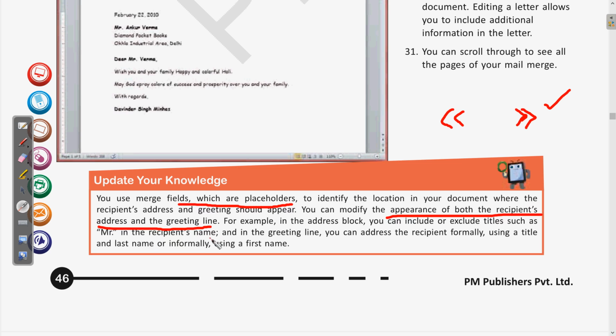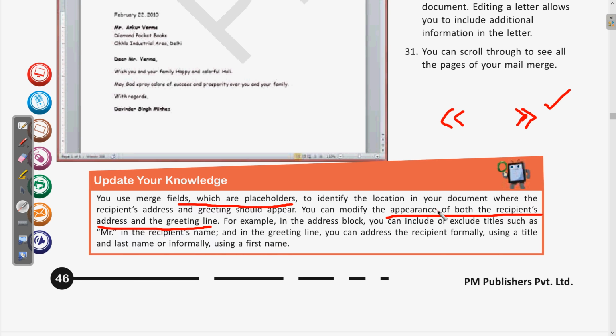In a professional letter we are required to write those, but if you are writing to your friends, in informal letters, we can remove this Mr. salutation. Clear? This way we can choose the format. And in the greeting line, you can address the recipient formally using a title and last name, or informally using the first name. Clear?